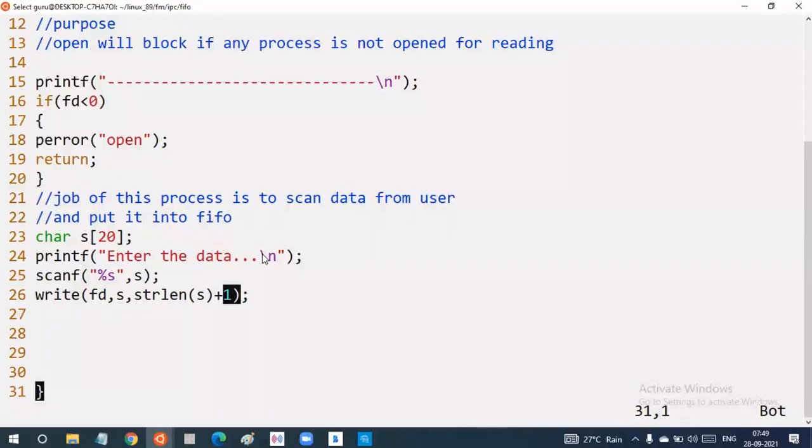Can I say we are putting a \0 also into that? Will you agree we are putting a \0 into that? Please respond. Already I shared these two programs. Okay. Next,